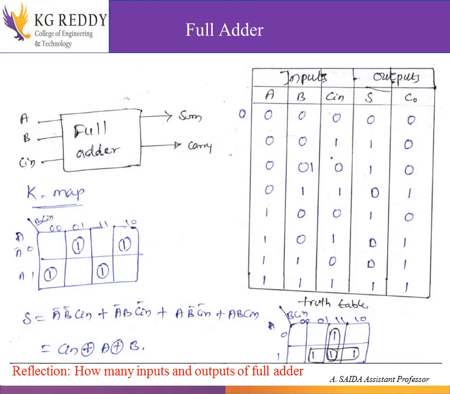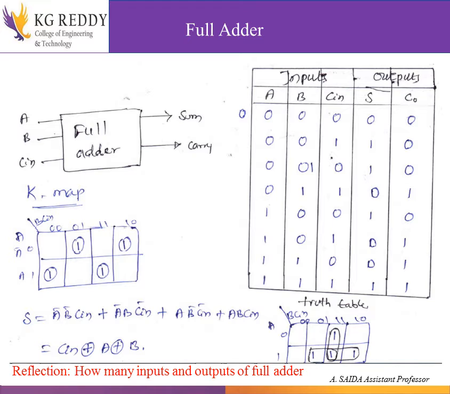The full adder block diagram has A, B, C as 3 inputs, and sum and carry as the outputs. All the adders have two outputs regardless of the number of inputs: sum and carry, whether for 2 bit, 3 bit, or 4 bit. Up to 3 bits is enough for the serial adder. So A, B, C are the inputs and sum and carry are the outputs for the full adder.